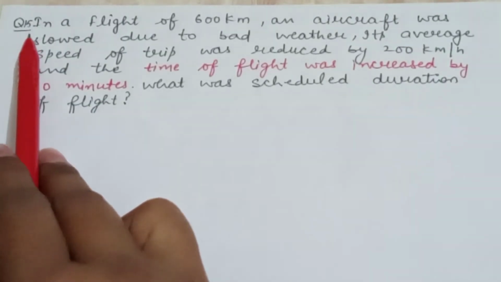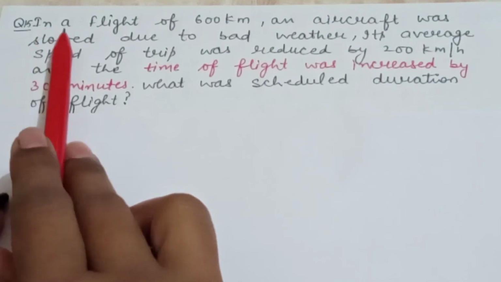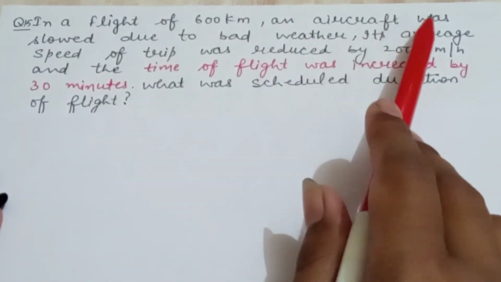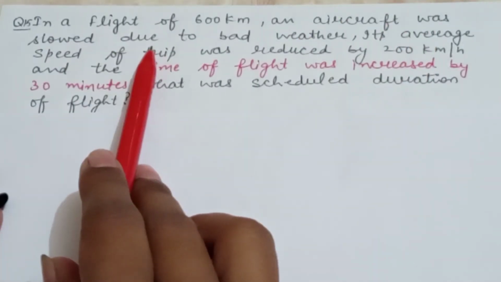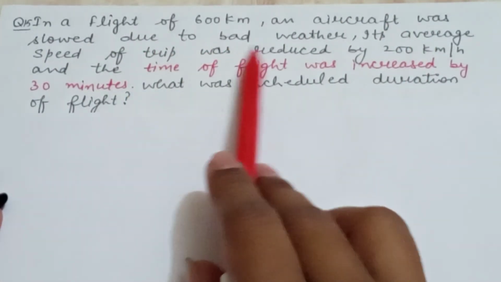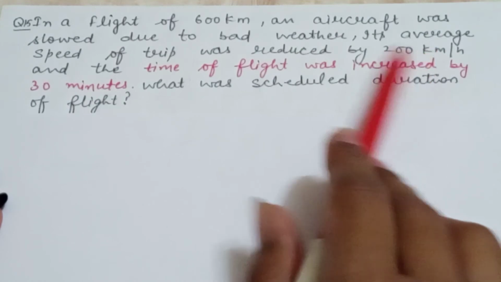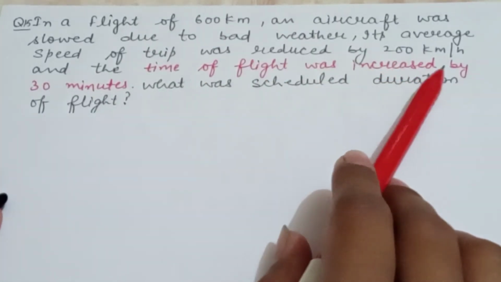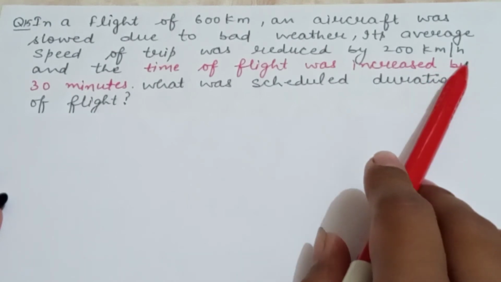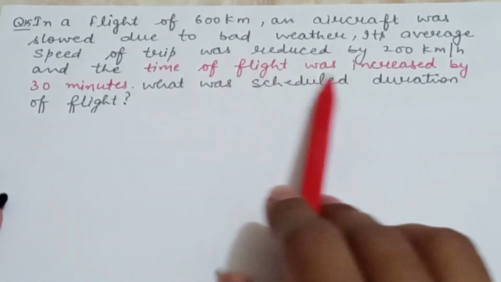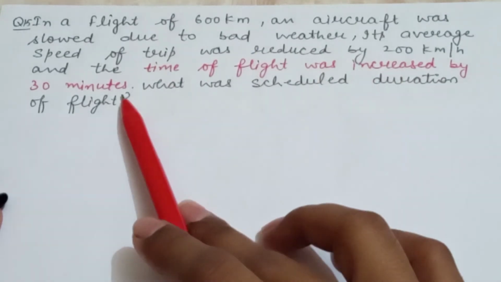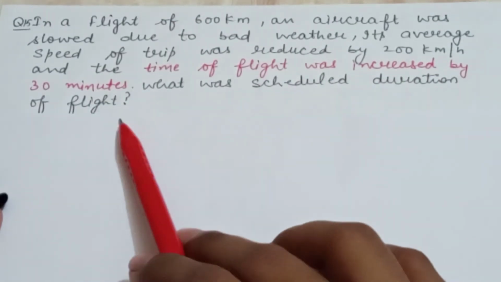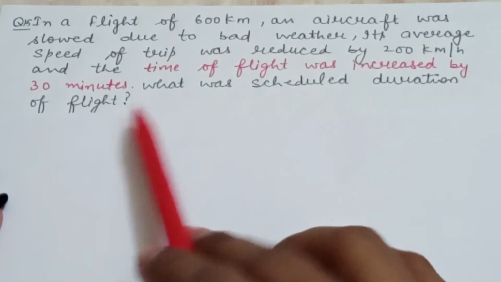This is our last question in this video. In a flight of 600 km, an aircraft was slowed due to bad weather. Its average speed of the trip was reduced by 200 km per hour, and the time of flight was increased by 30 minutes. What was the scheduled duration of the flight? So